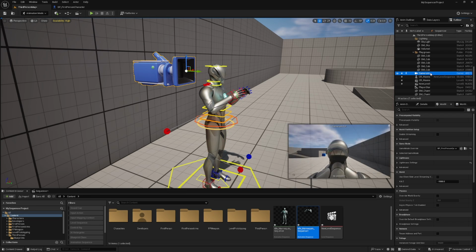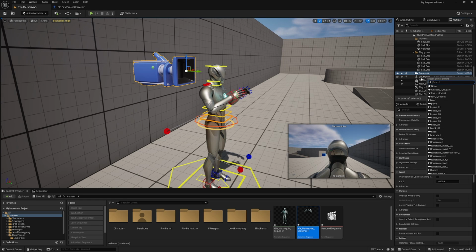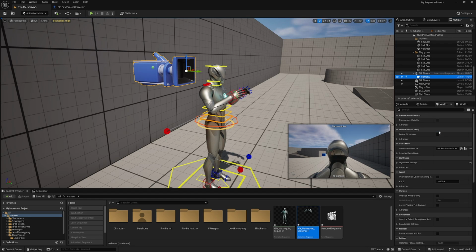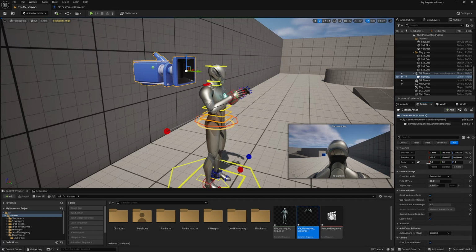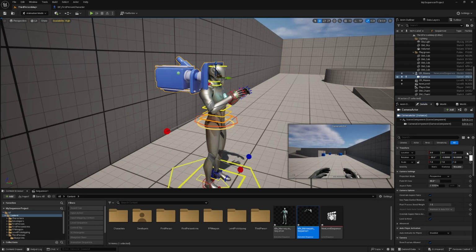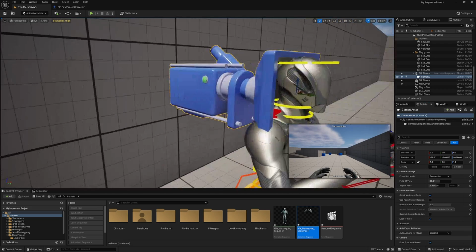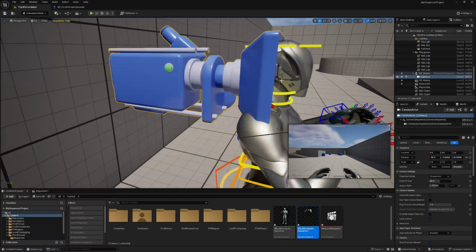So if I grab my camera here and I drag it onto the mesh, it will automatically drop down with a list of parent sockets. Let's say I want to parent it to the head, and then I want to go to the details panel and change the relative location and rotation of my camera here. I'm not going to touch rotation because it's already correct. I'm just going to zero out the location of the camera, and now that is attached directly to the head